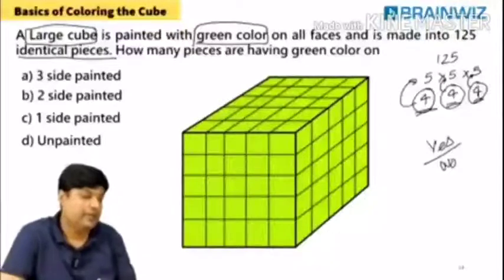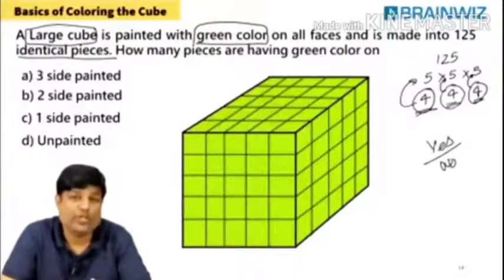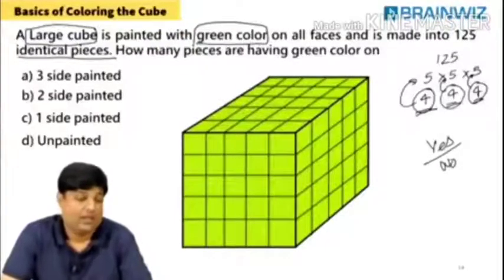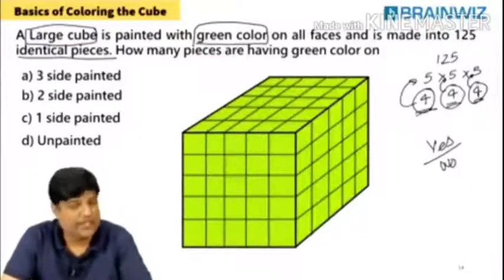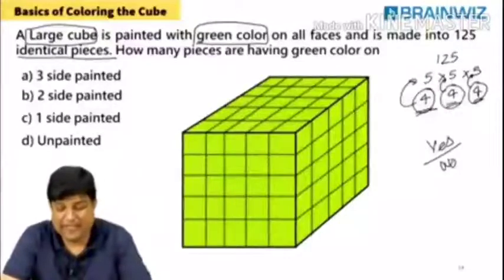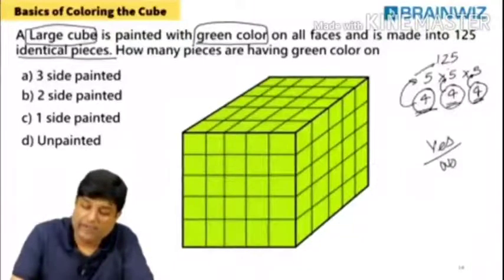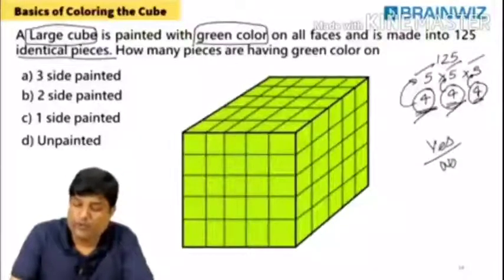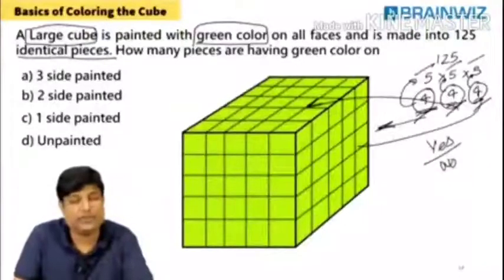Good enough. Now, sir, please explain once. It has not started yet. Okay, I am teaching first only. Following, everybody, a large cube has been taken. Yes, sir. It has been painted with green color. Yes, sir. Then 125, I know the process of 125: 5, 5, 5, 4, 4, 4. 4 cuts on the x-axis, 4 cuts on the y-axis, 4 cuts on the z-axis. All things we have done.